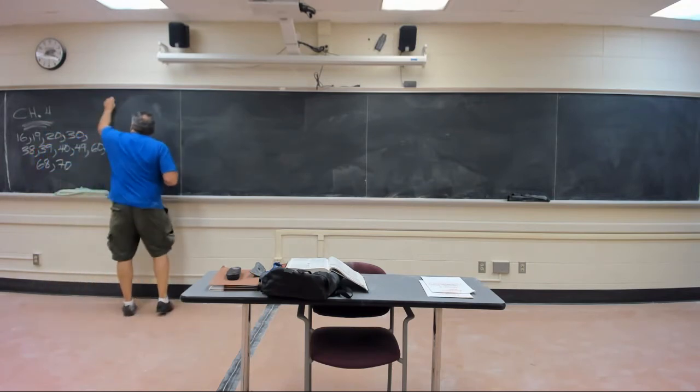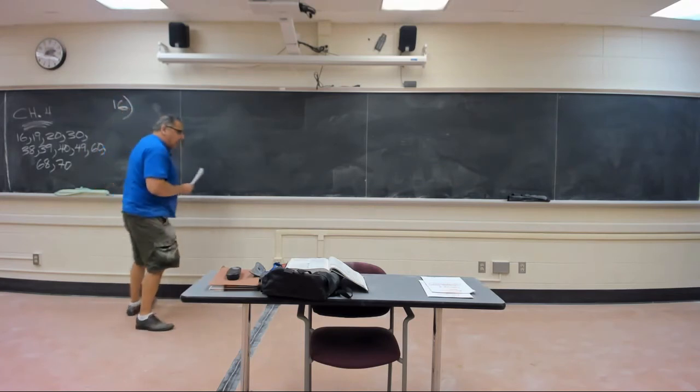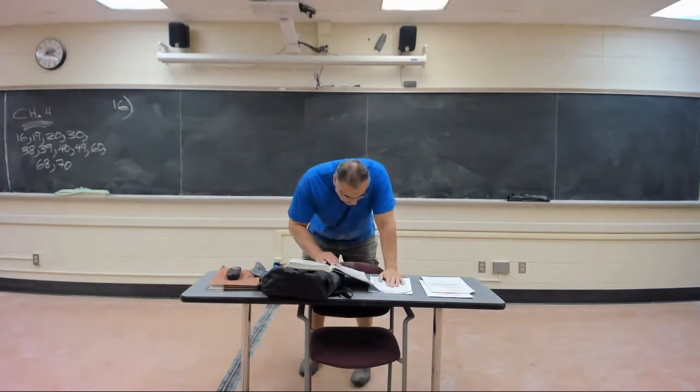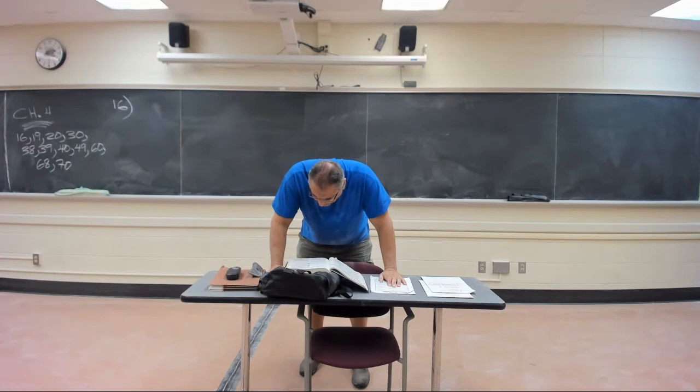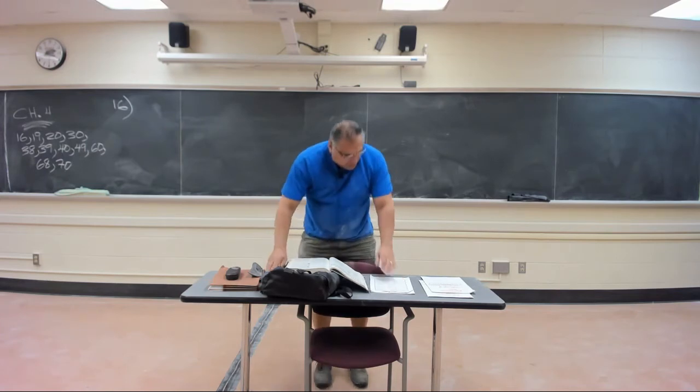So here we go. Problem number 16 from chapter 4. If the vector components of the position of a particle moving in the xy plane as a function of time are x bar equals 2.5 meters per second squared t squared i vector, and y vector is 5.0 meters per second cubed t cubed j vector, at what time t is the angle between the particle's velocity and the x-axis equal to 45 degrees? Okay, so